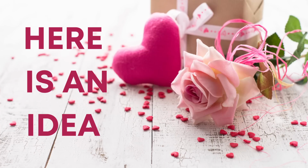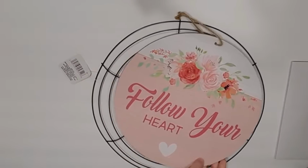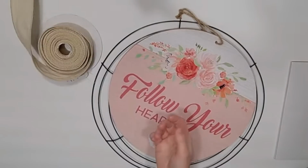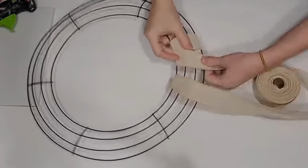For our next Dollar Tree DIY, I am going to share with you a floral wreath using Dollar Tree signs and Dollar Tree wreath form. So I'm going to begin by laying everything out. I have some florals, some ribbons, the Dollar Tree sign, the Dollar Tree wreath form, and I start by just